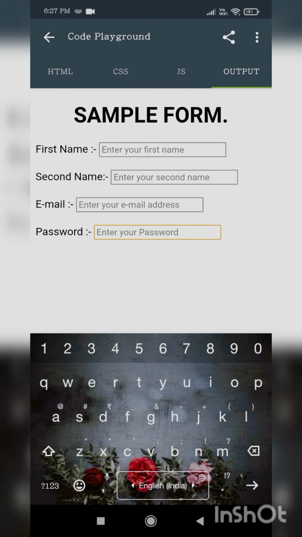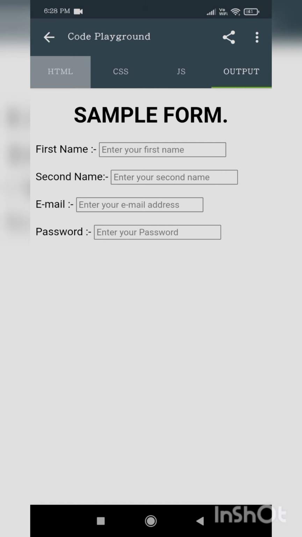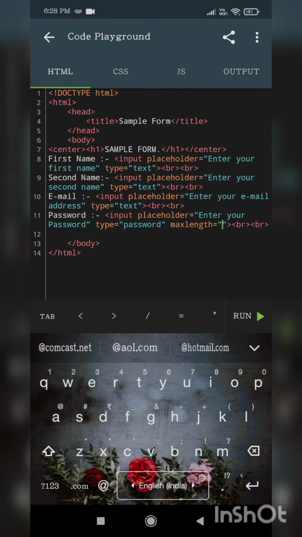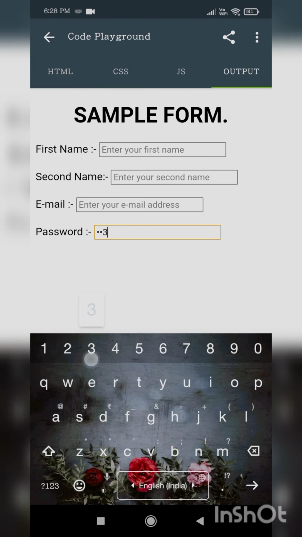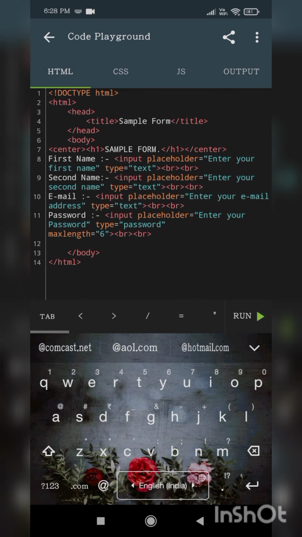See, 1 2 3 4 5 6 7 8 9 10. More characters cannot be written, because it is the maxlength value. If you increase the value, it will increase. If you decrease it to 6, only 6 will be allowed. 1 2 3 4 5 6, only 6 are there. So this is about maxlength. I want to keep maxlength as 7. So the password is also completed.